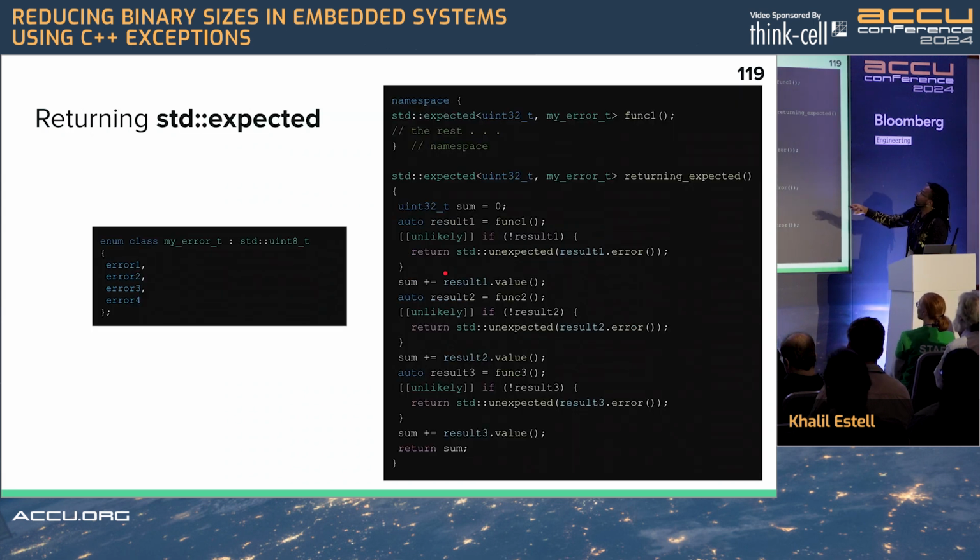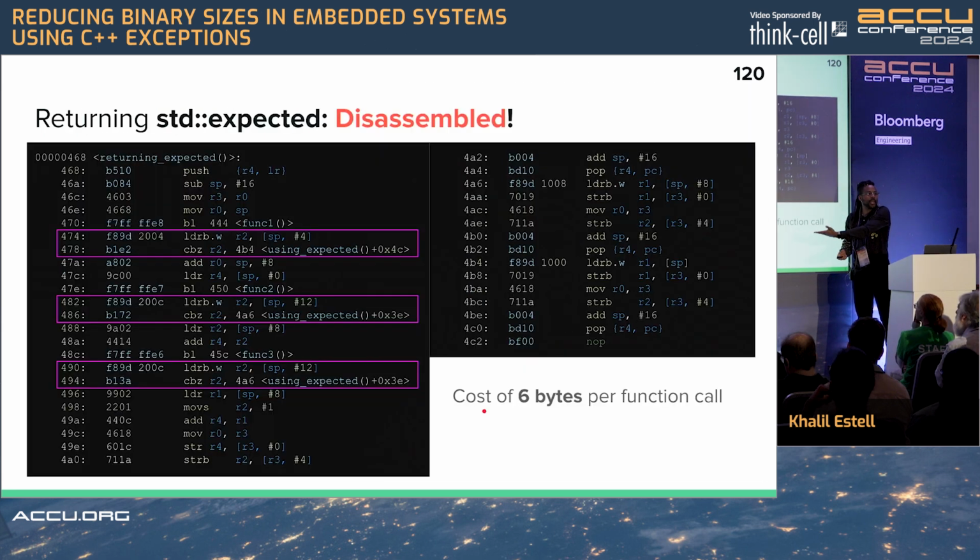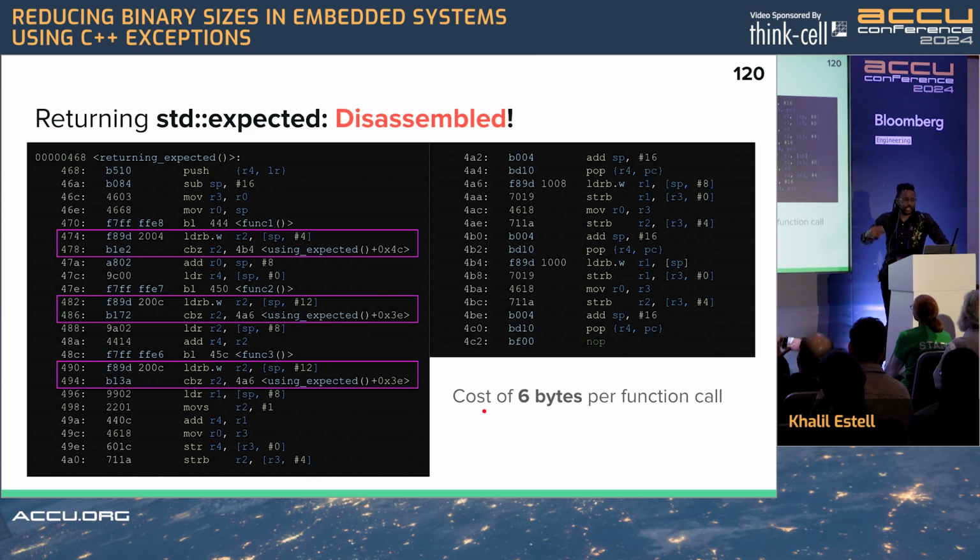So in this case, I'm using instead expected, uint32, and my error type is just an enumeration here. And we're doing the normal thing, get the thing, check it. If it's not, don't use it, add it to the sum, and so on. The amount of assembly for exceptions, the amount of assembly when you set expected. So I'm not going to be concerned with all the return paths because return paths can get really weird in how they get formatted depending on which optimization level you're using. So we're just going to look at the